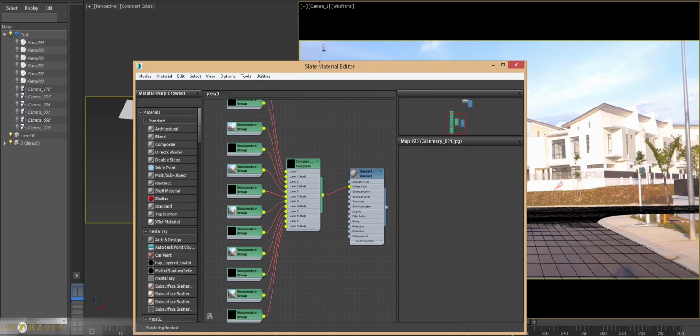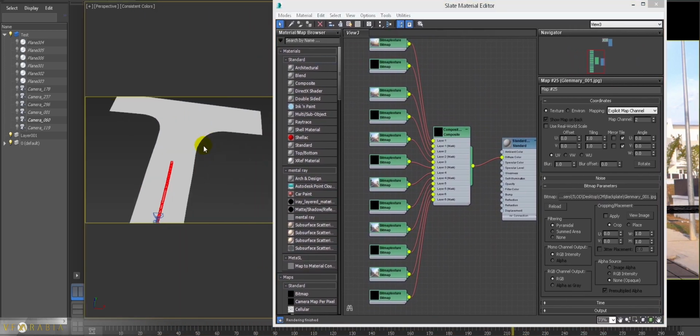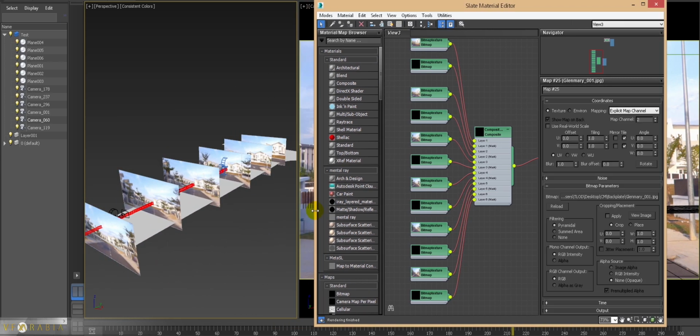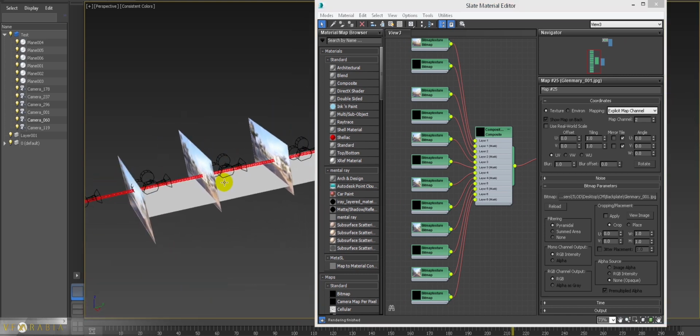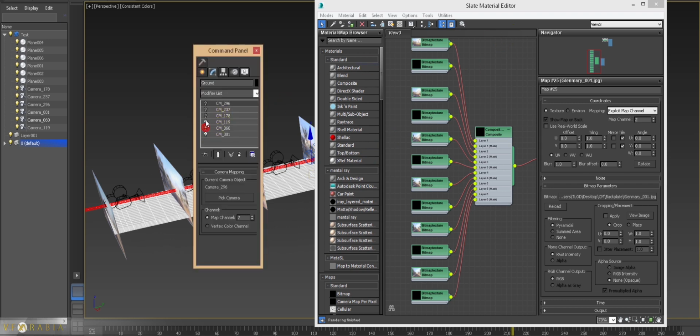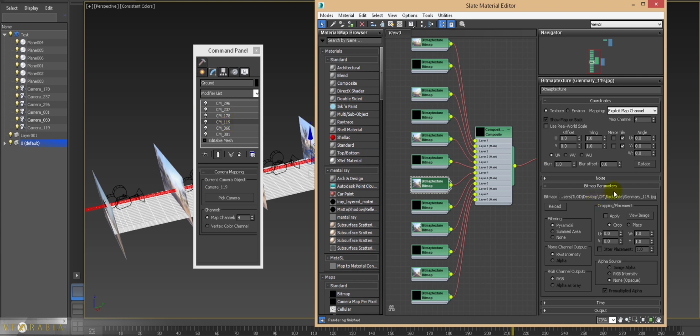The material is going to look like this, as you can see here. And if I unhide the cameras, we will have a couple of cameras. Each one works perfectly with the camera map modifier. Like here is camera 1 and camera 60, camera 190, and they also work perfectly with the material composite here. Like this one is frame number 1, this from 60, and this 190, as you can see here, and if you continue